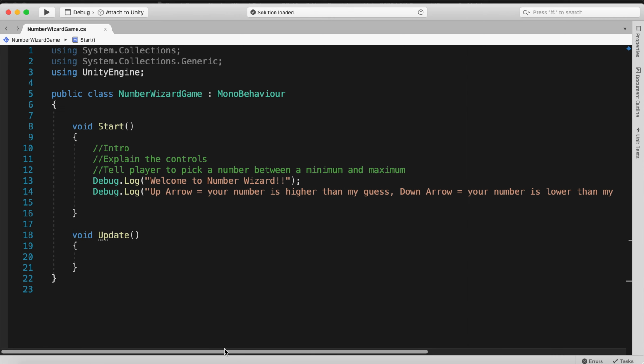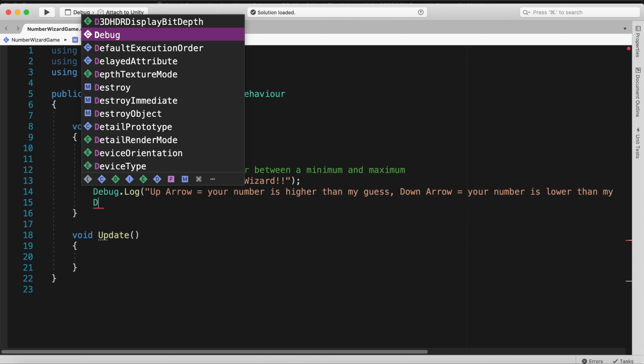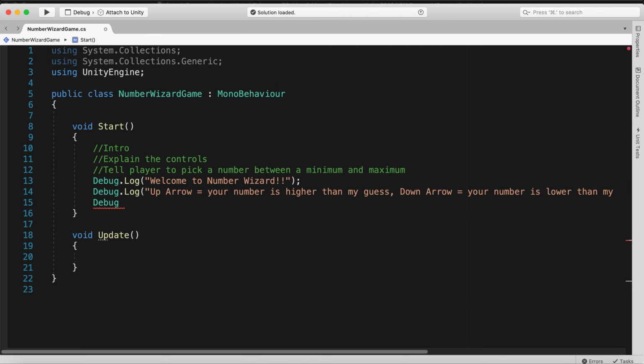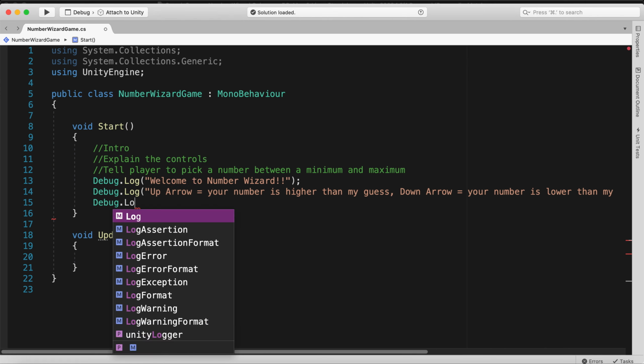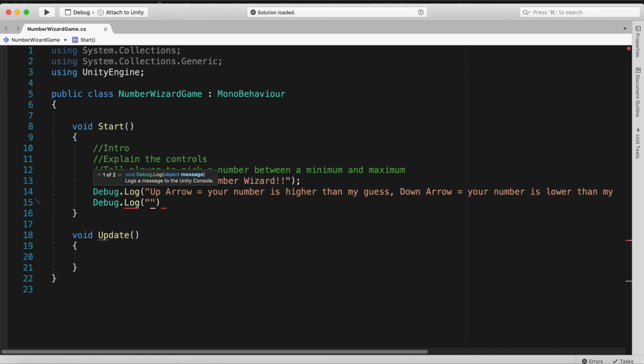If you feel like you can go on and try this one, create another Debug.Log after what you've seen me do, and tell the player to pick a number between a minimum and a maximum. Go ahead and pause the video and do that. Now try to do the challenges. I know it's going to be easy not to do it and just look on in the video, but doing the challenges is the only way you're going to learn it, and when we have tests in the future, you're going to want to know it. Okay, so Debug.Log, and then pick a number between 1